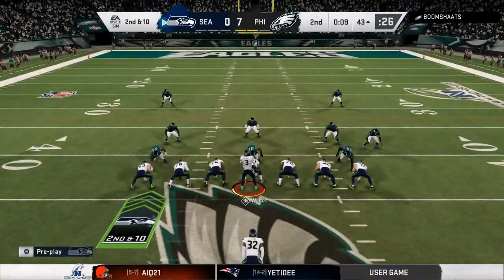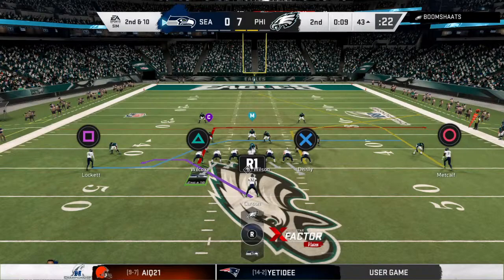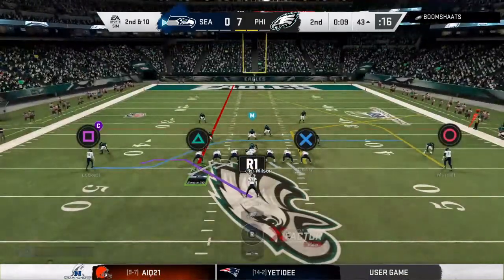Check right, 27. Let him know. Check. Lucky. 14, fight it. 14, fight it. Kill,